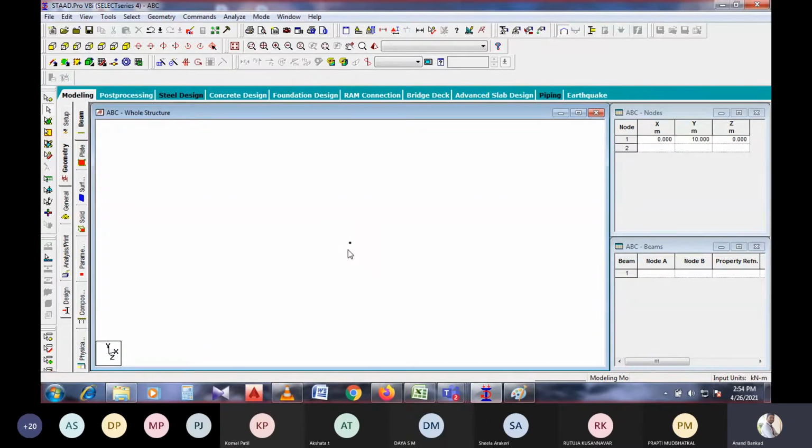If you want to select this node, you have to use the node cursor. Whenever the cursor is like this, the node is attached to the cursor, and only then will the node be selected. If you have only the plain cursor, you won't have any node along with it, and it won't be selected.